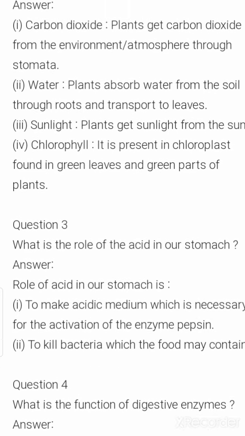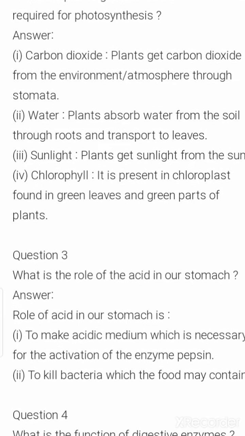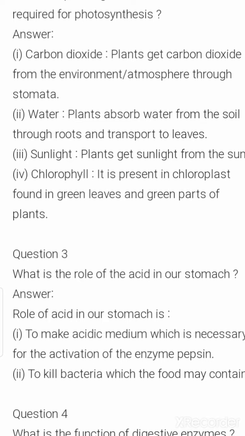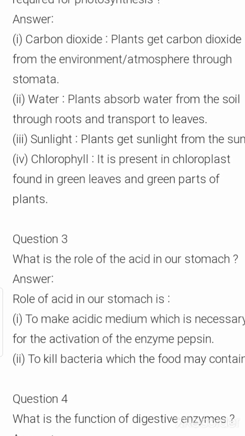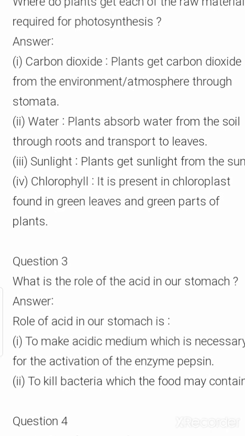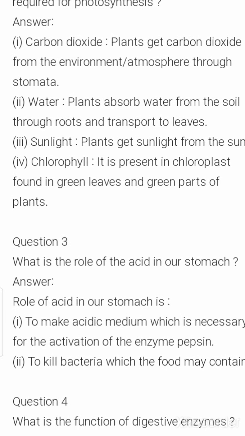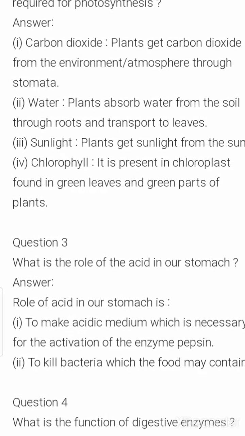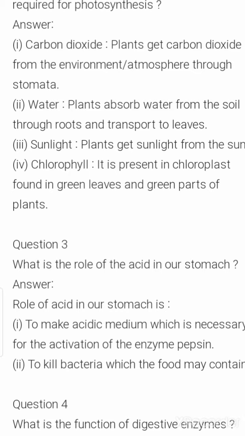So the opening and closing of the stomata is desired so that carbon dioxide gas can enter inside the leaf. Which process occurs in this case? It is the diffusion process, because carbon dioxide gas diffuses from higher concentration to lower concentration in the case of plants. So from where do plants get this carbon dioxide? With the help of stomata, the pores present in our leaf, which help in absorption of gases from our atmosphere.